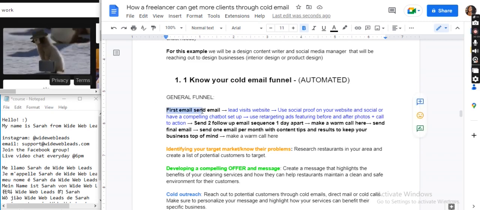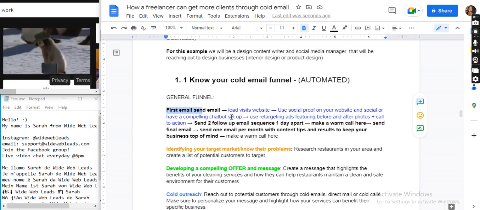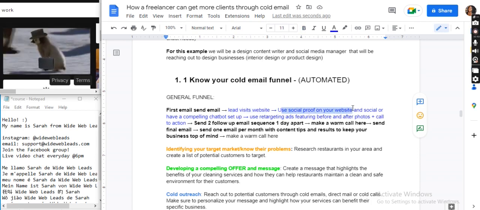First, we're going to send them an email, and we're going to target the email so that they either have a curiosity to click on our website or to know a little bit more about who we are. So most likely we want them to land on our website or our social media page, because when they land on our website, there will be social proof on the website. Of course, on your social page, there will be social proof there as well. But mainly we've got social proof on our website, and that's going to pop up automatically the moment they land on our website.